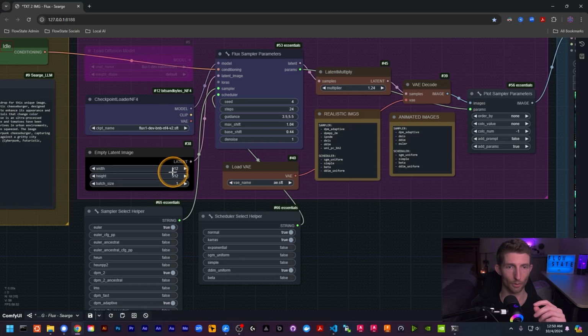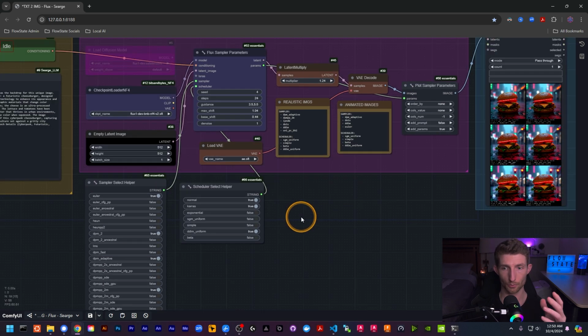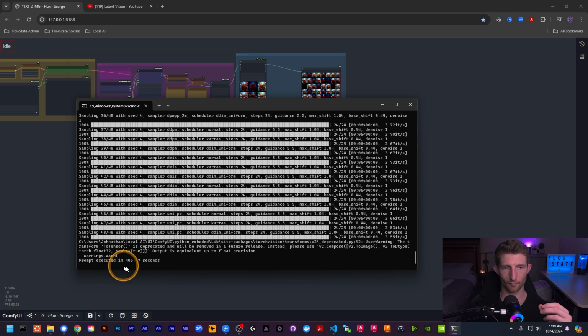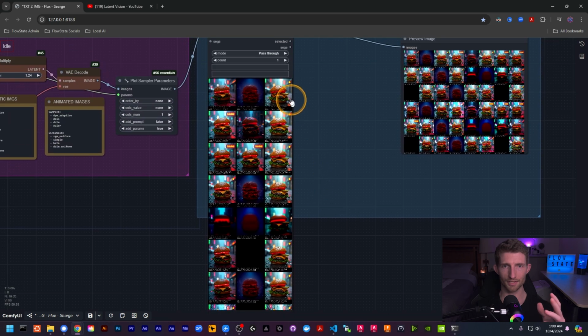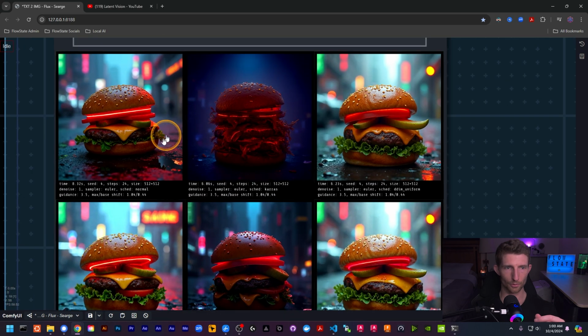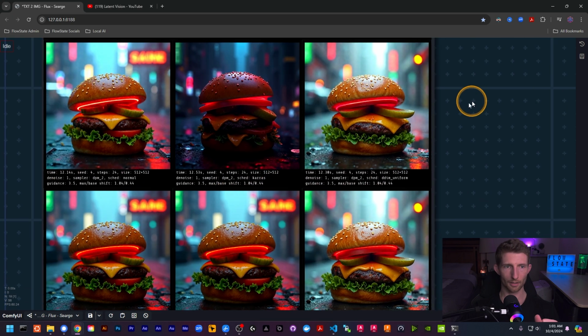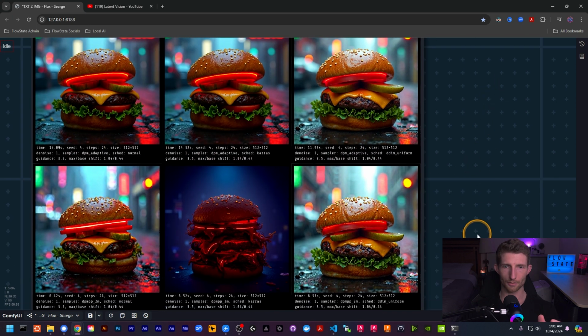Even though our latent image is set to batch size 1 here, we will have 48 total output images in our batch. So let's run this. That took around 405 seconds, or almost 7 minutes, to generate 48 images with varying combinations of scheduler and sampler. On the first row, we have our Euler normal, Euler cross, Euler DDIM uniform, all at guidance 3.5. And then we have DPM2 with normal, DPM2 with cross, DPM2 with DDIM uniform, all at 3.5, and so on